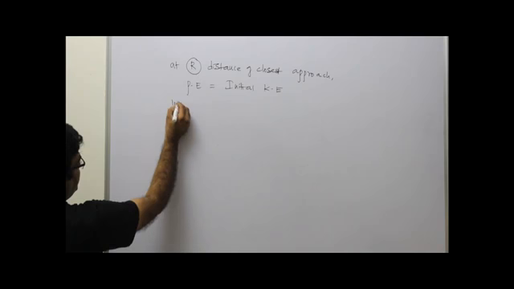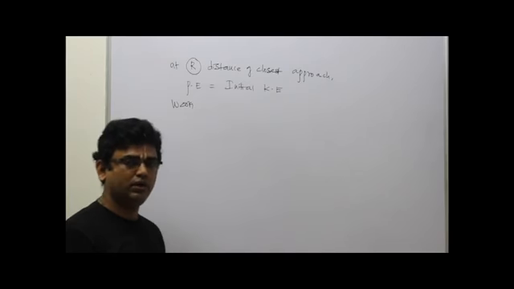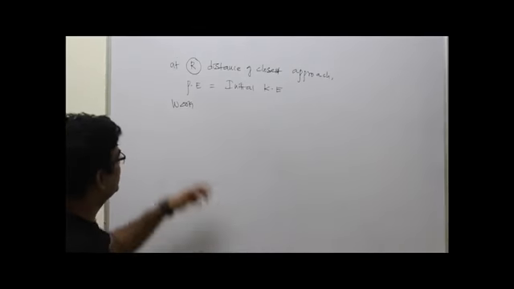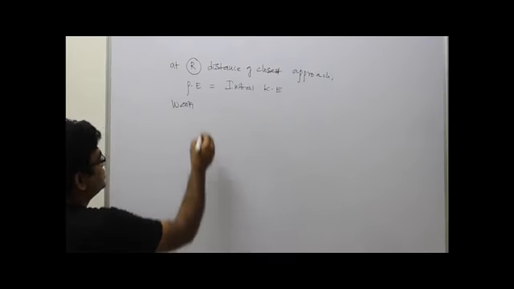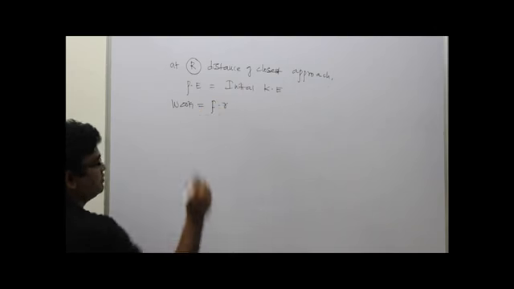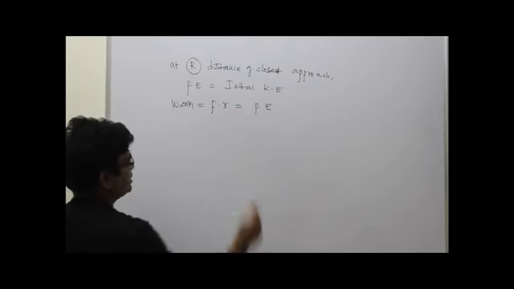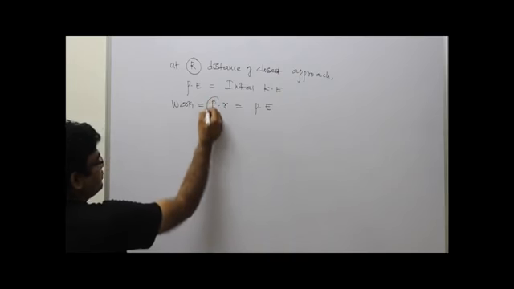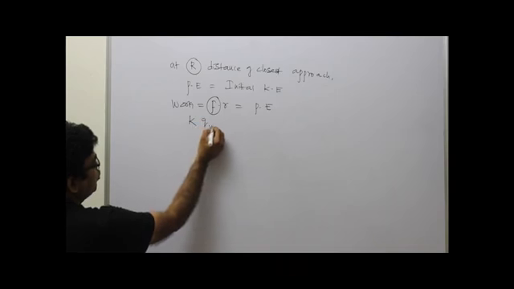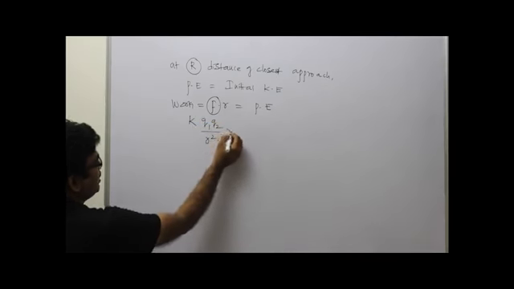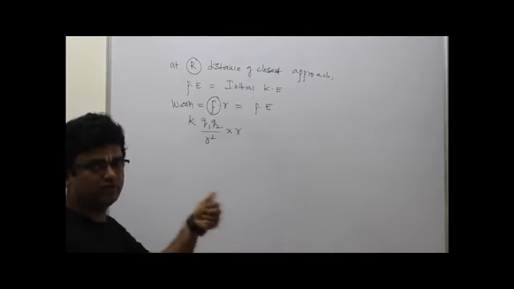Potential energy can be calculated from work-energy equivalence. What is the work performed by you in order to drive out a charged particle? This work done will be stored in the form of potential energy. So work done, we know, is F dot S or F dot R, and that will be transformed into potential energy. This F is the Coulombic force, which can be calculated from Coulomb's law, K times Q1 into Q2 by R square, into R. So that is the potential energy between the alpha particle and the nucleus.